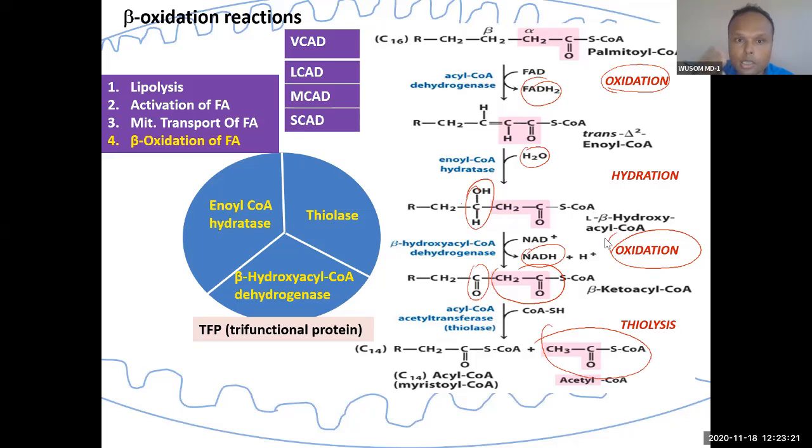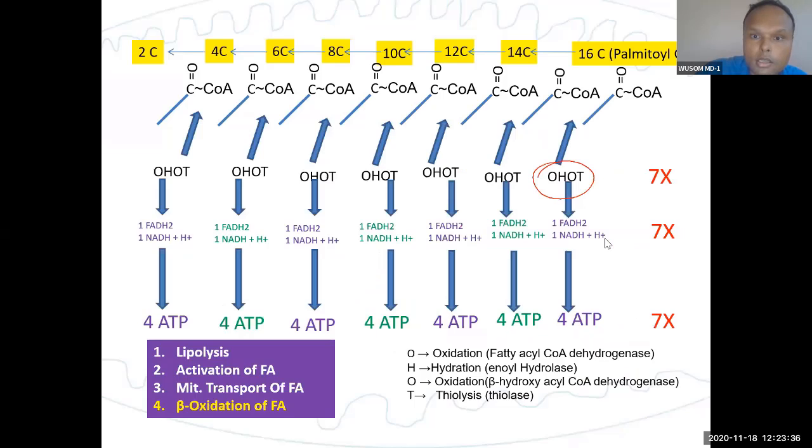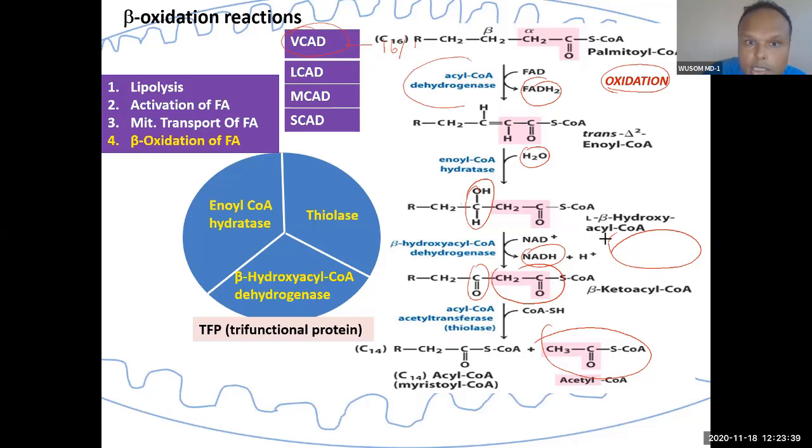And this cycle goes for 7 times. This is 1 time, less 6 times. And when it progresses through 6 times, first 16 and 18, actually this first enzyme acted on this. This is a different type of enzyme. So very long chain fatty acid dehydrogenase will act first, then long chain, then medium chain, and the same type of reaction has 4 enzymes.